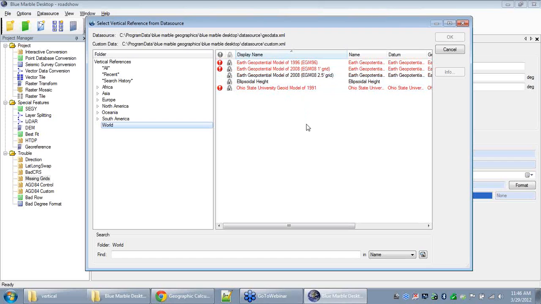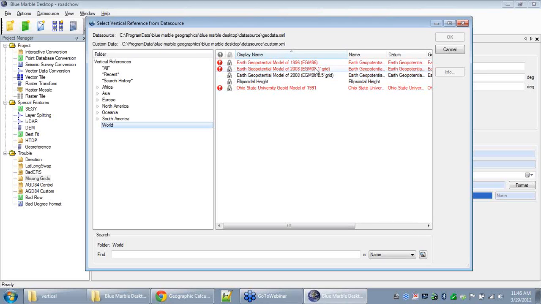And we're going to see that some of these are showing up in red, and they've got a little exclamation icon displayed along with them. A lot of folks are going to bump into this when you install the software for the first time. What these are indicating is that that particular definition is not usable at the moment because you need some more